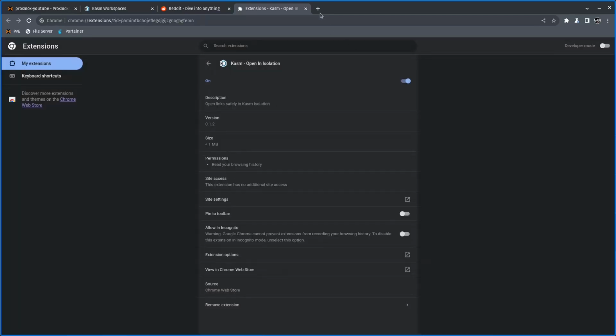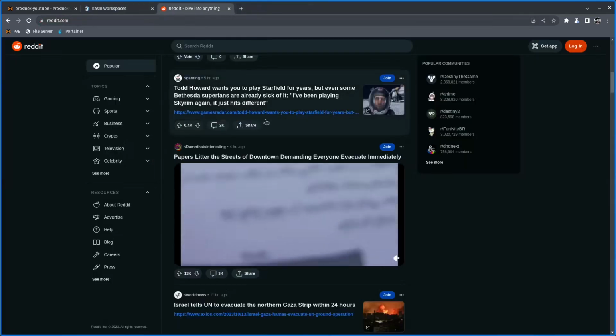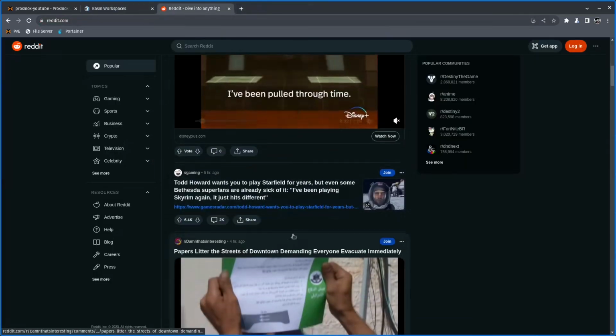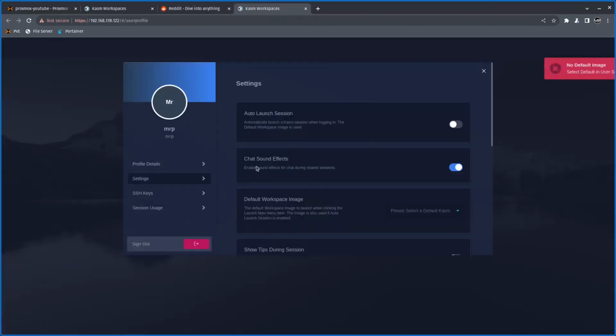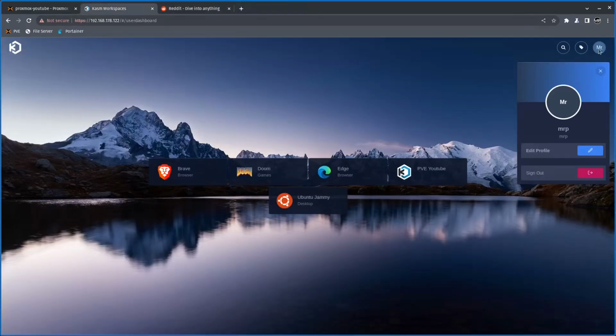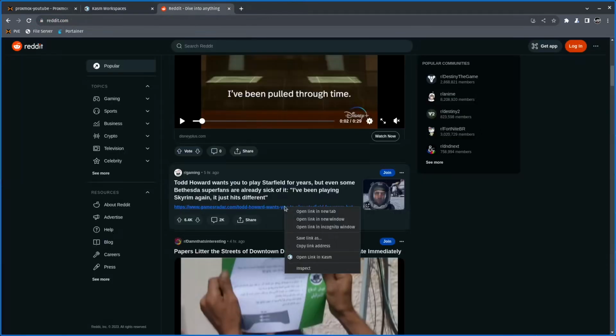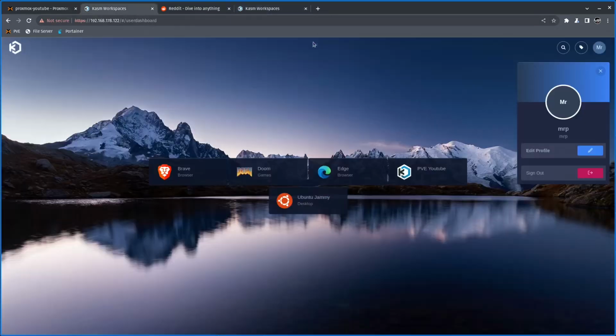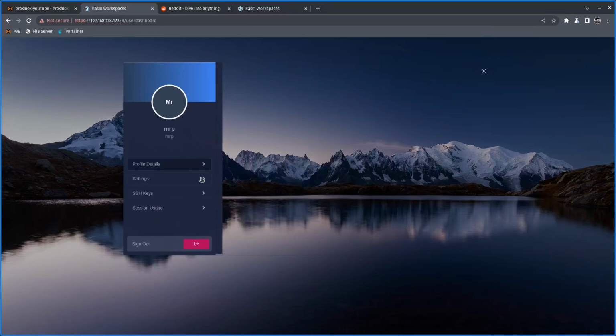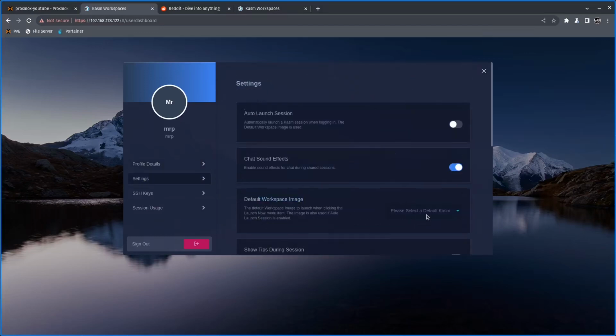Option saved. I'm going to close that and go back to Reddit. This is the link that I want to open, but I'm not sure if I should open it. I'm not sure what's behind it. I'm going to right click, and I have an option right now. It says open in KASM. I'm going to left click on that, and it's asking me to select the default option. While I'm logged in as a user, if I close that, you can do the same thing from here, or do this on a first run of KASM. This is what it's asking you: to select your default workspace. As you can see, to open my user settings, I click on the user and pencil, then go to settings, default workspace, and I need to select